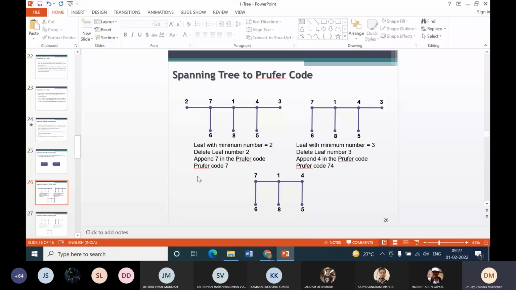For this tree, what is the minimum number? That is 3. So you delete it and you jot down 4. So earlier it was 7, after 7 comes 4. Now for this graph, what is the minimum leaf number? That is 5. So you delete it and you note its neighbor, that is 4. So 7 4 was already there, and another 4 is added,